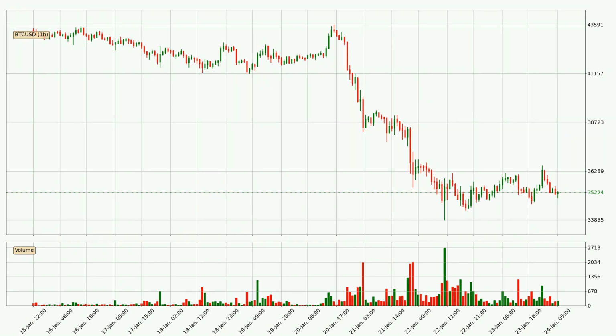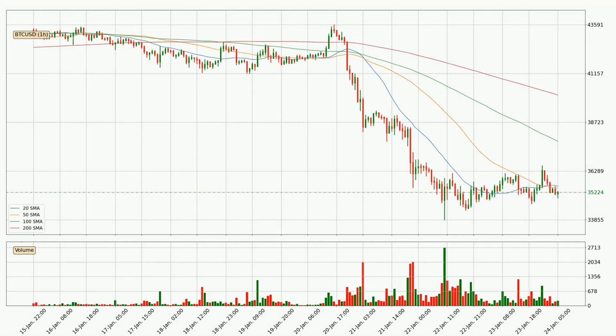Looking at the Bitcoin hourly time frame, the price moved only slightly to the downside with around 0.2% in the last 24 hours, with a current price of $35,224. Looking at the hourly simple moving averages, the current price is below all simple moving averages for this time interval, which looks bearish, and it is to watch if the closest SMA, the 50 SMA, will play as resistance or the price will break it to the upside above the current price of around